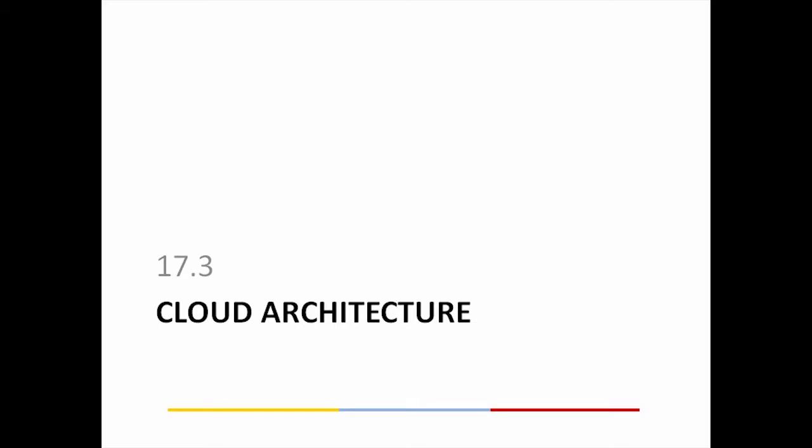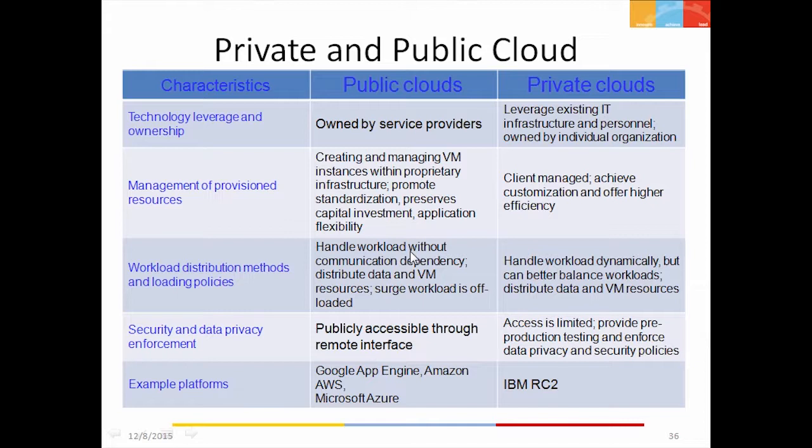So let's move on to the cloud architecture now and understand the public and private cloud in a bit more detailed manner. Private and public clouds are essentially two commonly used cloud platforms. Of course, there is a third one which is emerging, called a hybrid cloud, which is in between public and private.